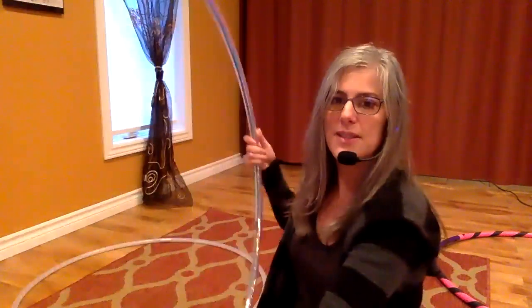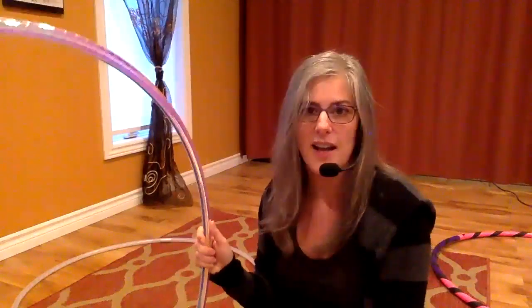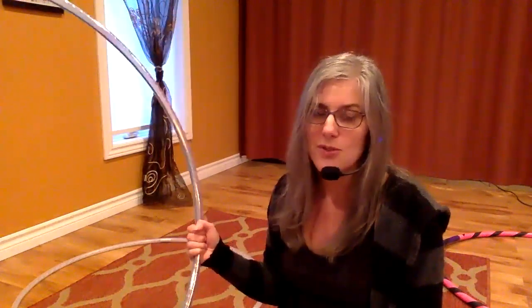The other thing you want to do is grip tape. I have grip tape. Let me see. You see the blue. This is grip tape on the inside. The reason for that is hoops will tend to slide on different fabric and on skin. And when you're learning or in the flow, whether you're advanced or a beginner, you want your hoop to connect and stay on your body. It helps a lot to have grip tape. Those that choose not to have grip tape usually have it sanded or even waxed for some type of grip to their body and their skin, because yoga pants, it'll slide right off, you know,